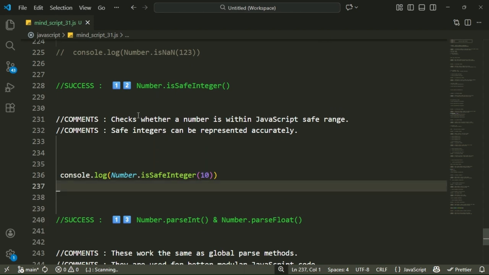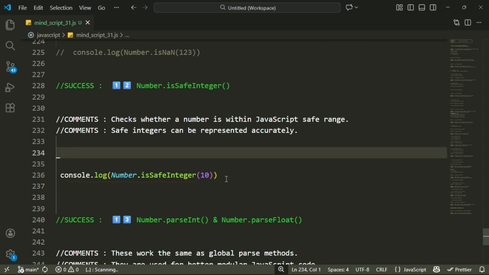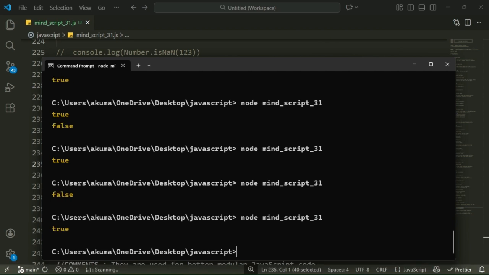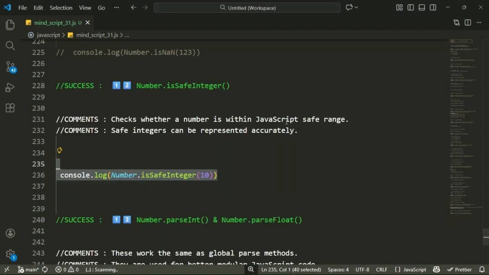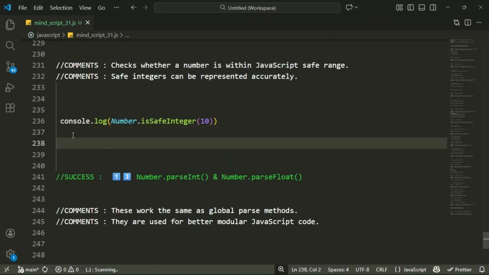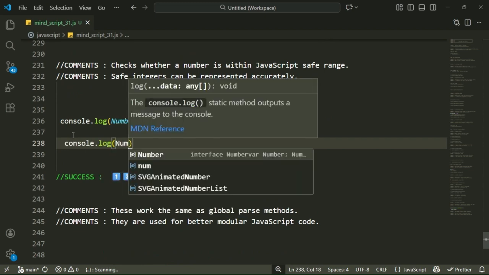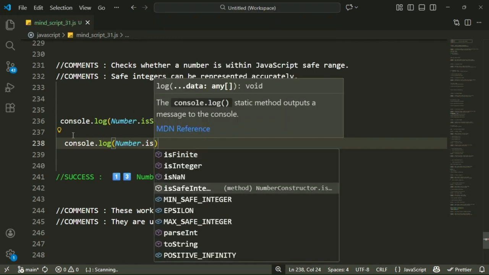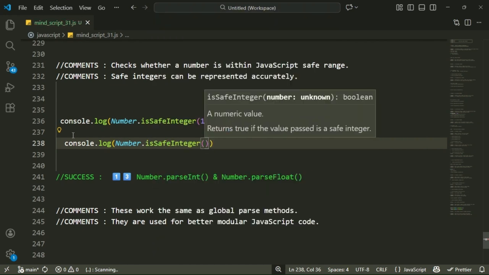Here it checks whether the number is within the JavaScript safe range. A safe integer can be represented accurately in JavaScript. So we will execute and you will see the output is true. But what happens when we have another number to check? Console.log inside it Number.isSafeInteger, and then you have to put the value